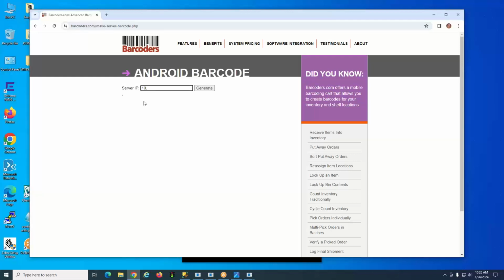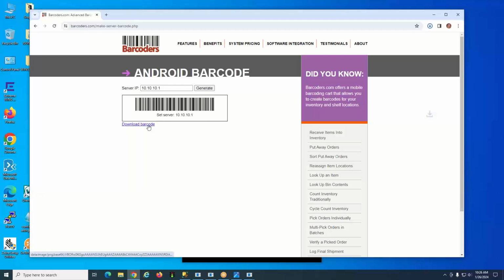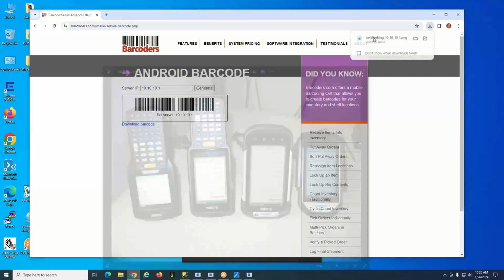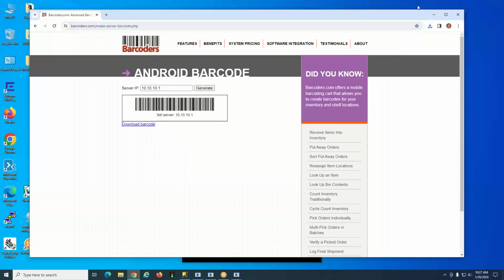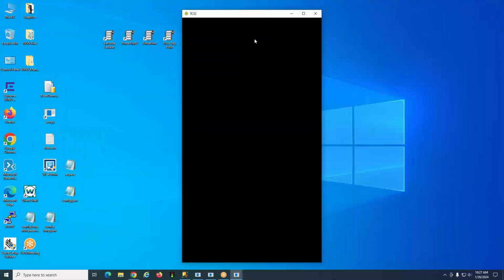So if yours is a 10 dot, it'd be 10.10.10.1, and you generate it. And what it does is it generates a barcode that you would scan, and you download the barcode into something like this, and then you'd print it. You just print it using Notepad or whatever printer you have. And then from then on, when you bring up your scanners and it goes to this screen right here,